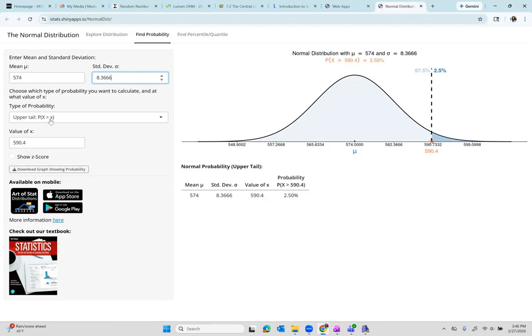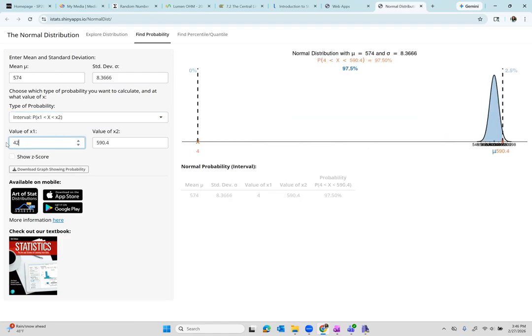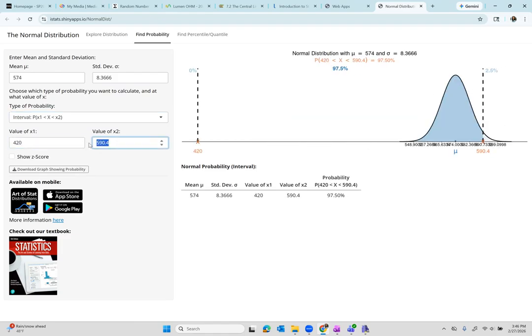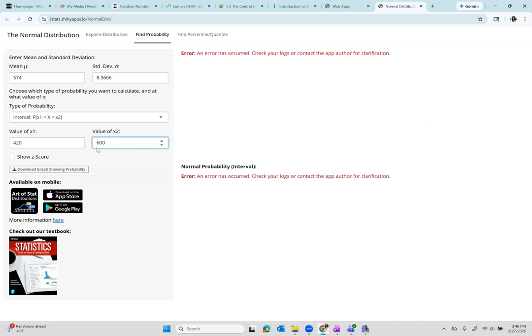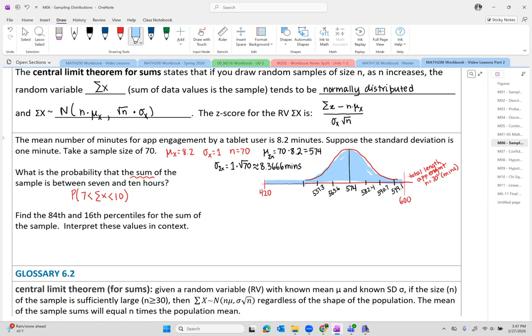So in this app, I want the probability on an interval. I want the lower bound to be 420 minutes, and I want the upper bound to be 600 minutes. And this says that the probability is 0.9991. And the next question is to find the 84th and 16th percentiles for the sum of the sample and interpret